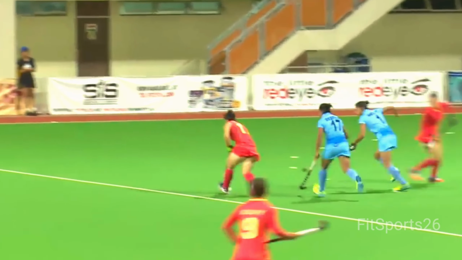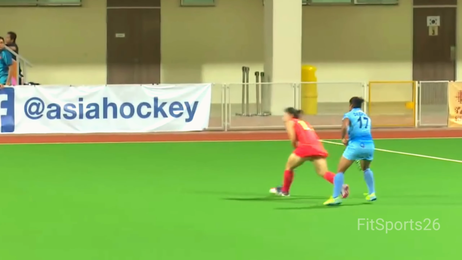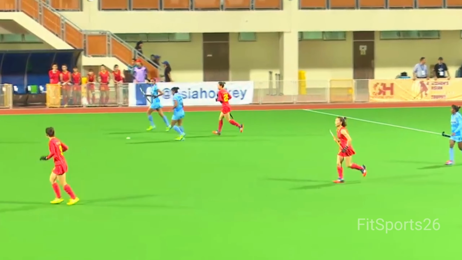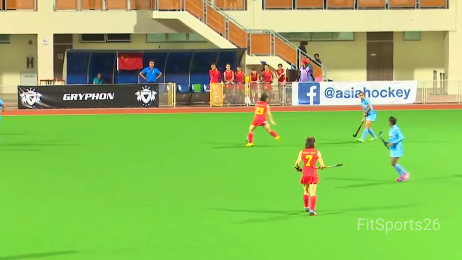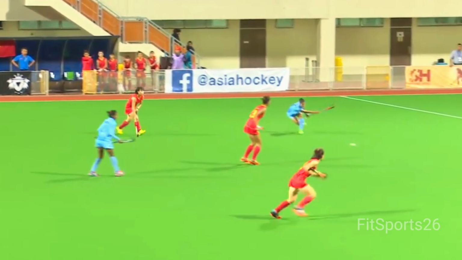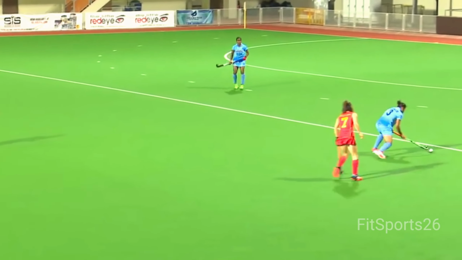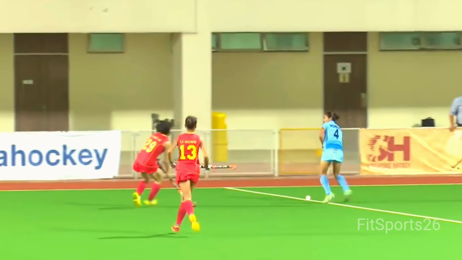China on the offensive right now. We've got the number 11 Yuan Ming trying to find a way into the Indian D. She's being nudged in the back, but the umpire felt that she was obstructing the number 17 from India, Deepika, one of the more senior players in the Indian team. Unfortunately there for the Guo Chiu from China, who was trying to intercept that pass across to Grace. Sunita looking for Monica on the right defense.